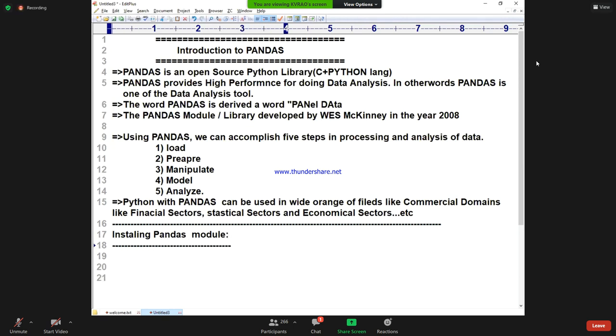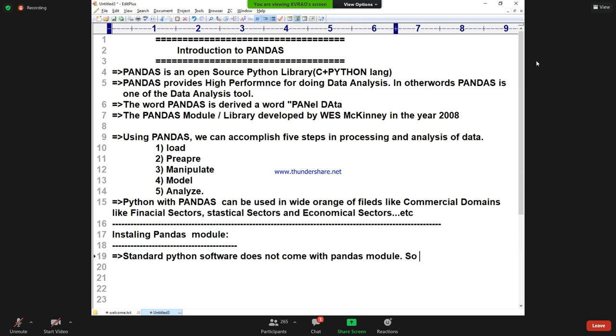Pandas. What is the name of the module? Pandas. Which tool is used for installing the module? It is nothing but we will use this one only. The pip tool we use. The standard Python distribution does not come with the pandas module. One small sentence I will write. Standard Python software does not come with the pandas module,